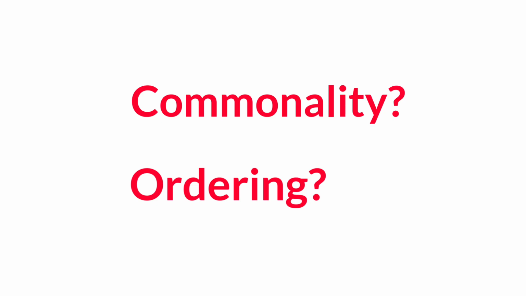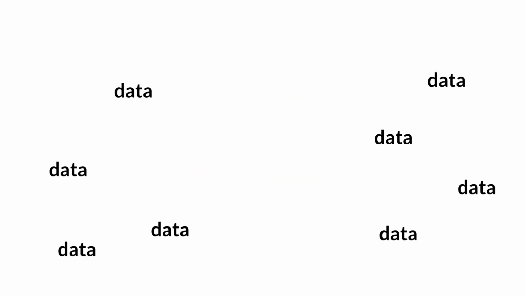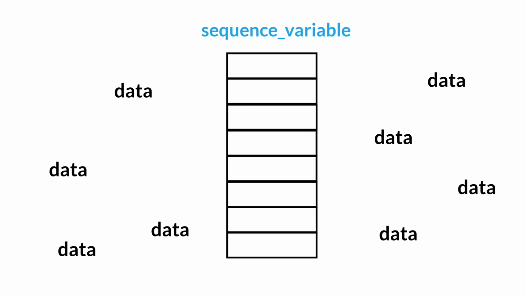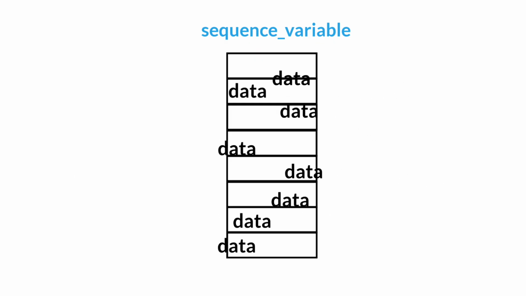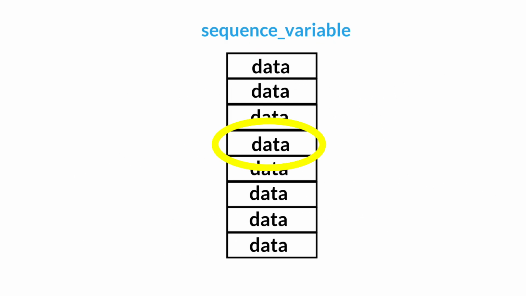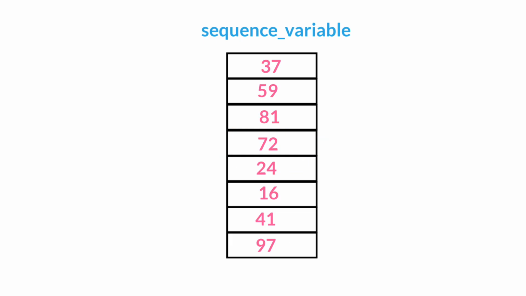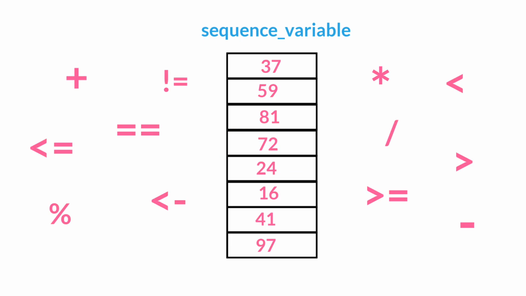To address the issues of storing and organizing multiple related pieces of data, programming languages provide variables that can hold sequences of information. These sequential memory models group all of the values under a single variable name and group the data into an organized sequence of elements, where each element holds a data value and each element can be treated like any other variable that holds that type of value. So if the data values in a sequence were all integers, each element could be manipulated like any other integer